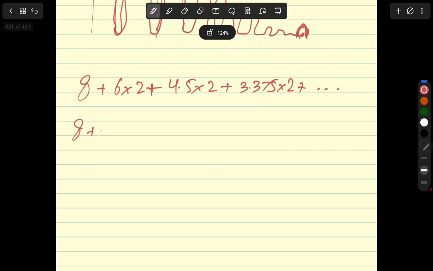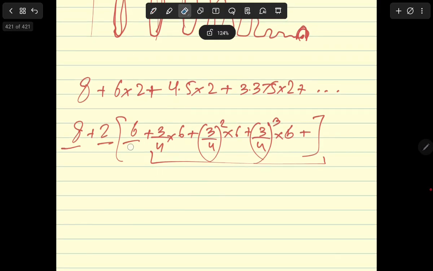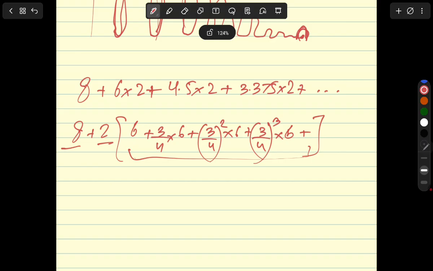Now you can take a 2 common and you will get 6 plus 3/4 of 6 plus 3/4 square of 6 plus 3/4 cube of 6. So essentially a geometric progression, right? Now, I will leave this as it is, and I will treat this. My first term I can take as 6, because this is 6 multiplied by 3 upon 4 to the power of 0, right? So A is 6,